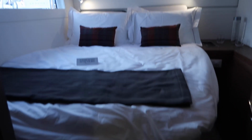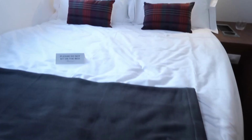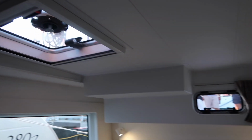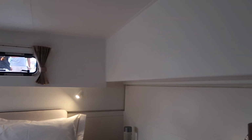The aft cabin. The air conditioning is on. It is very nice. It's very bright. I very much like it, I guess. Obviously, I would prefer not this laminate finish, but...